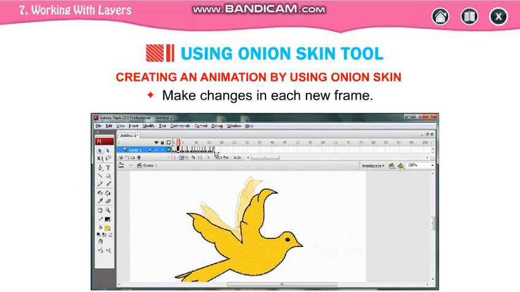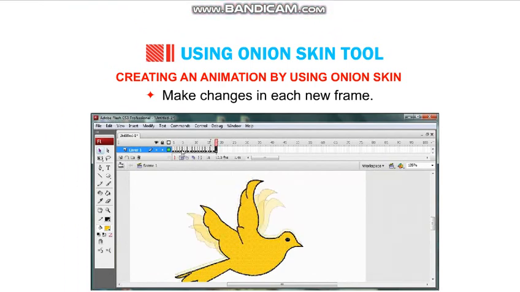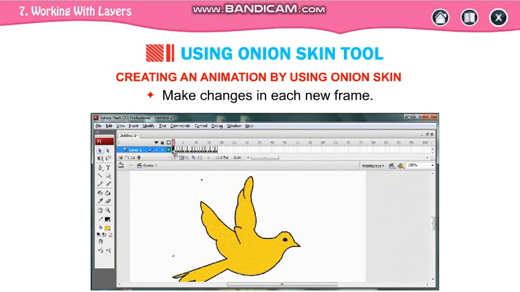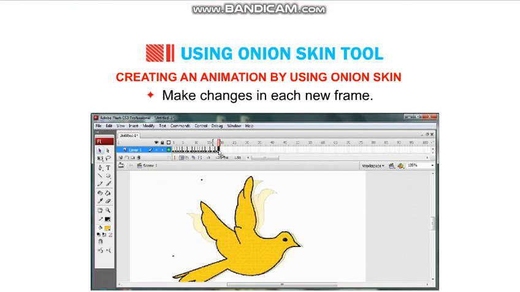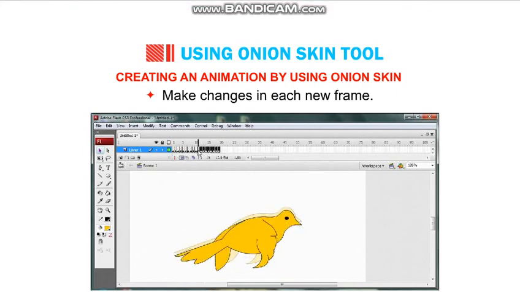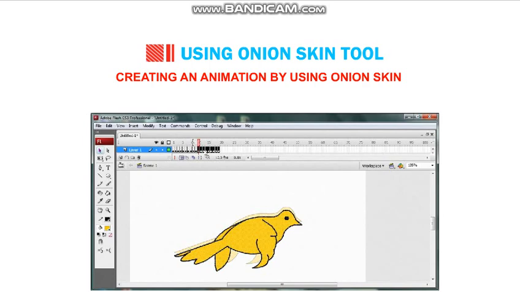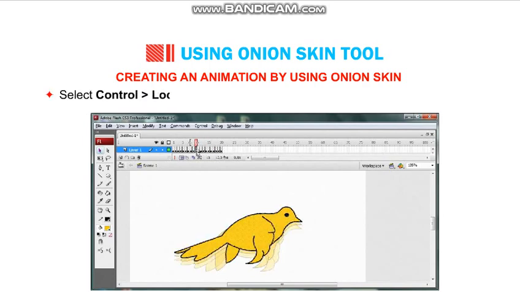Now make changes in each new frame. Now you can see the movement of the bird. That bird is flying.